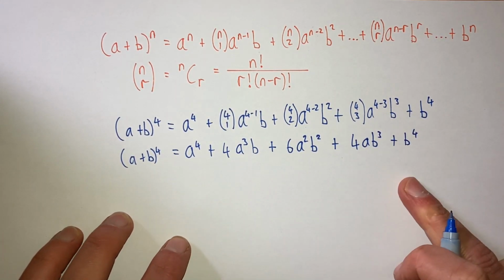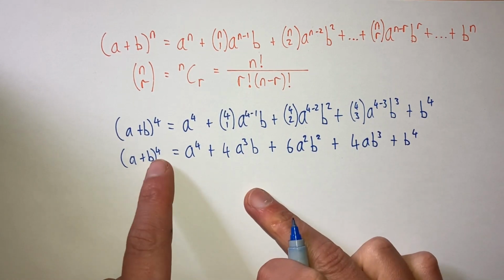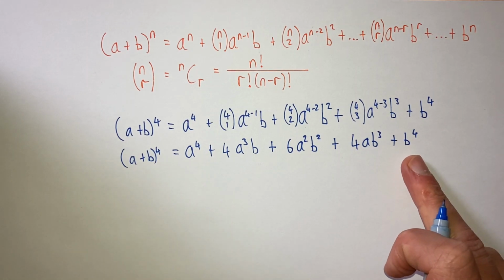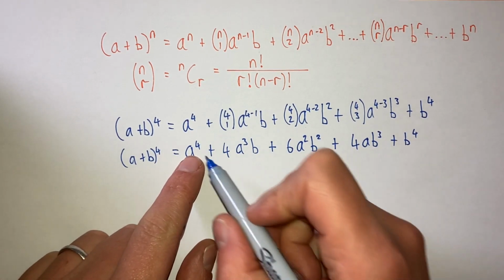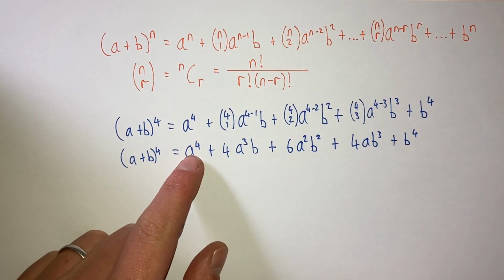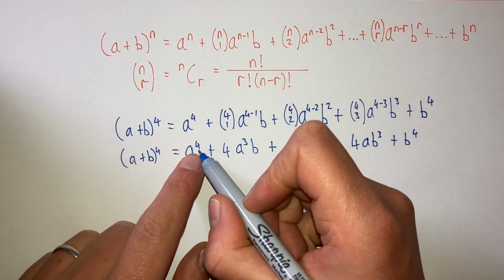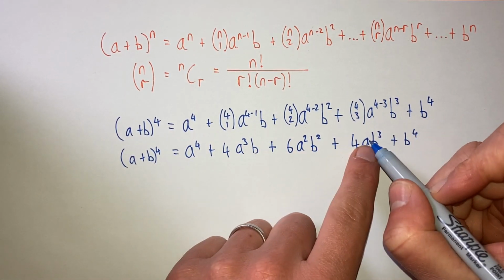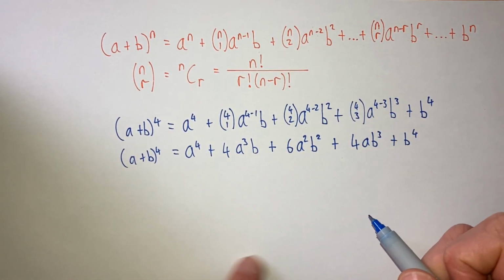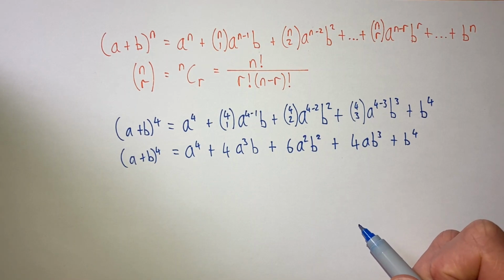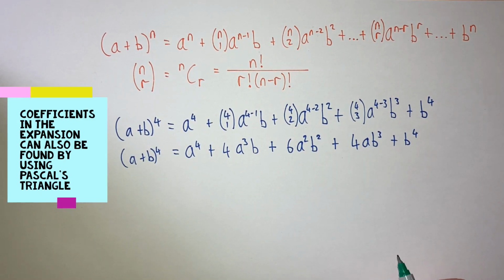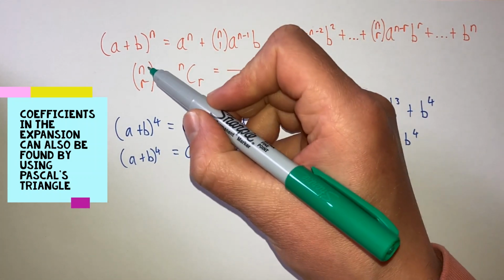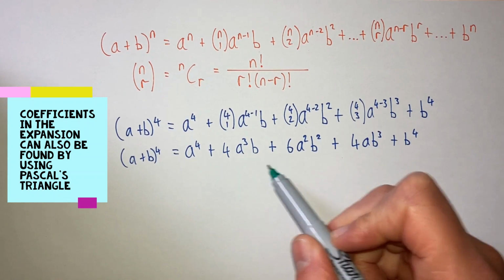And if I've done it correctly, I should have one more term than the power n. So I've got 1, 2, 3, 4, 5 terms, and also the sum of the powers at each term equals n, in this case 4. So 3 plus 1 is 4, 2 plus 2 is 4, and 1 plus 3 is 4, and this one is just 4. We can also use Pascal's triangle to work out these nCr coefficients for each